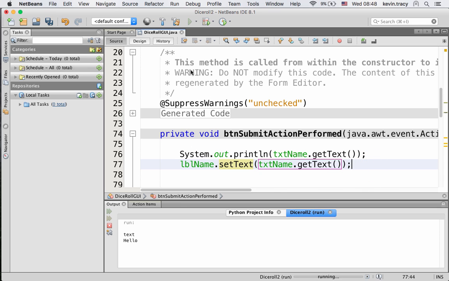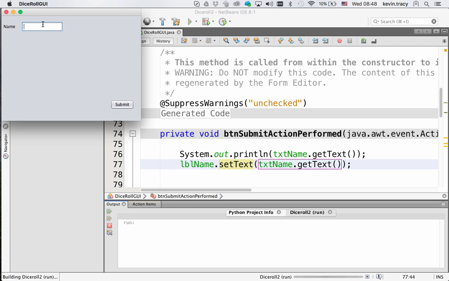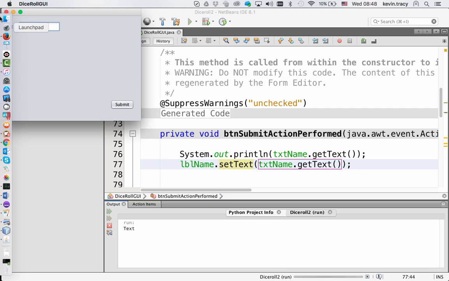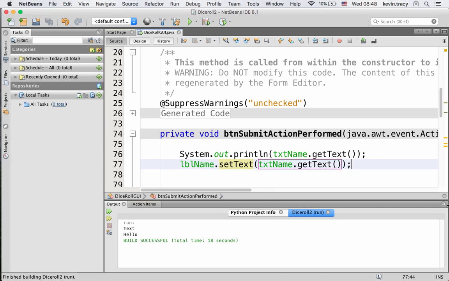All right, so now when we run it, let's stop it. We can now get the text, and if I type in text, it changes the label to text. Hello changes the label to hello. So you can see how we're using the get and we're using the set properties of the different objects to do that. If we wanted to use an if statement,